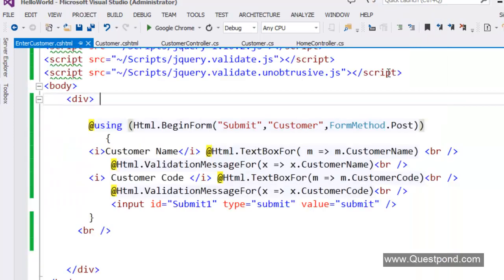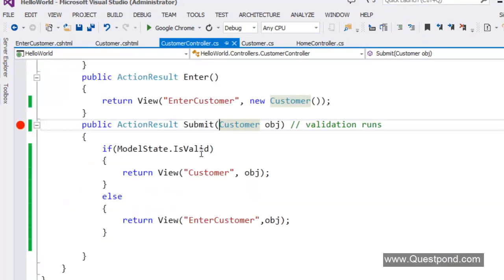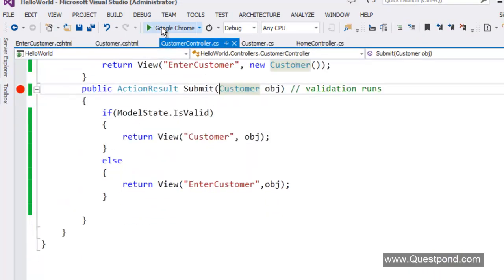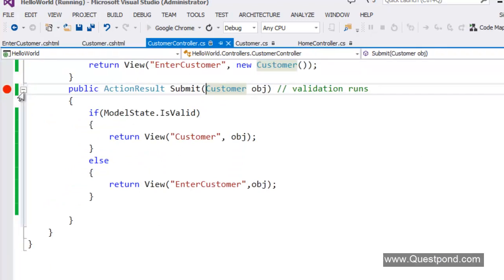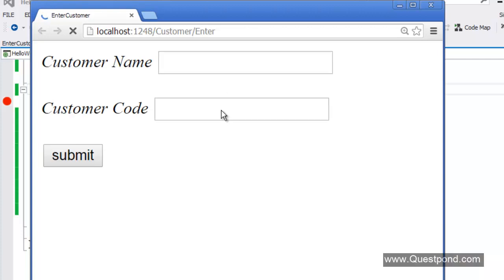Just to satisfy your curiosity, what I can do here is I can go and put a breakpoint here, and let me run this program in a debug mode. If this breakpoint is hit, that means it is making a server trip. If this breakpoint is not hit, that means it is not making a server trip, right? So let us see, customer enter. Now remember, the server trip only happens when you click on the submit button. So if I go and click on the submit button, then the server trip will happen. But at this moment, if you see,